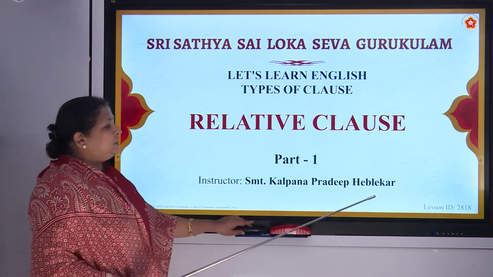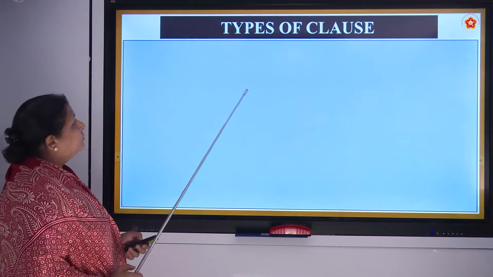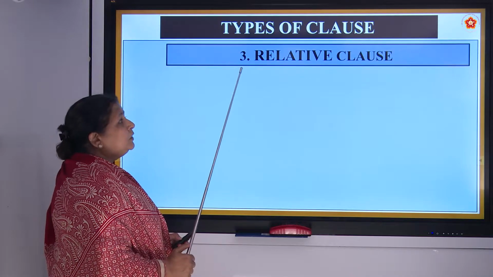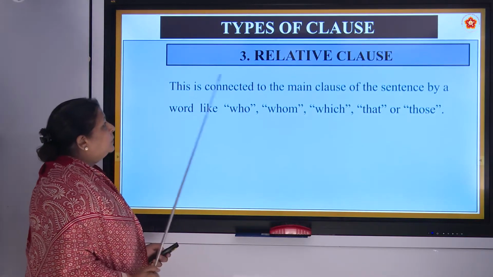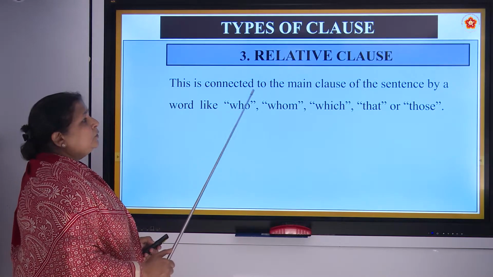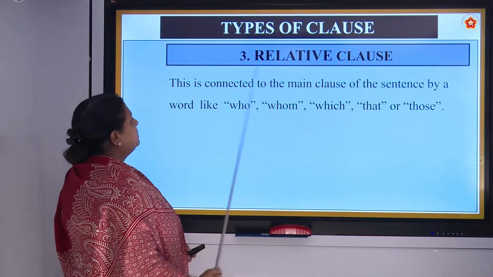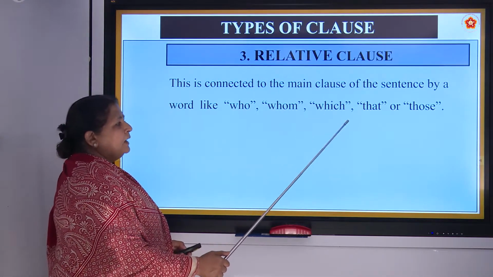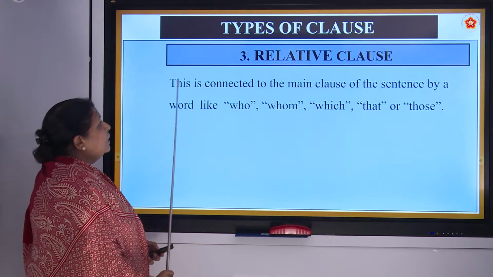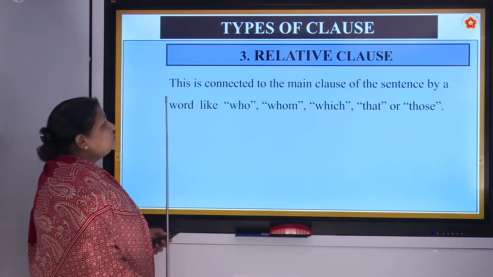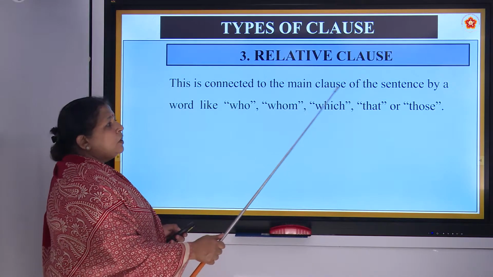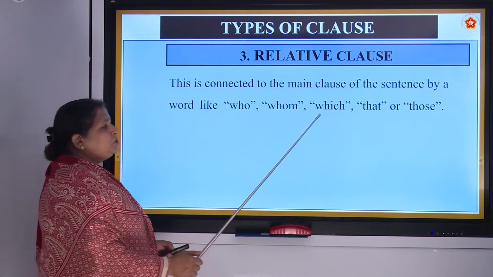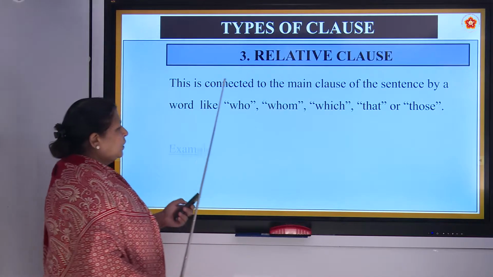So this is part 1 of relative clause. Let us see what a relative clause is. This comes under the third type of clauses. A relative clause is connected to the main clause of the sentence by a word like who, whom, which, that or those. Example,